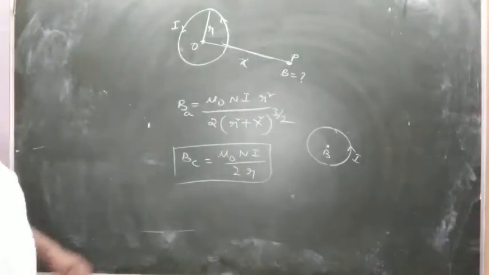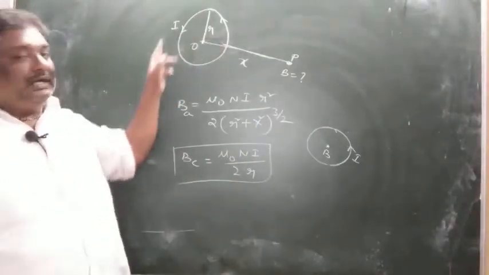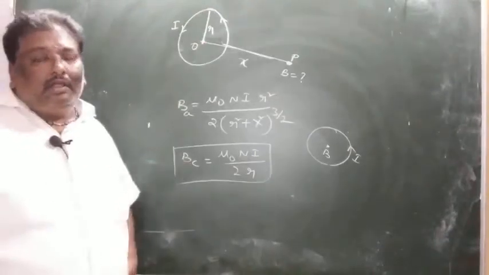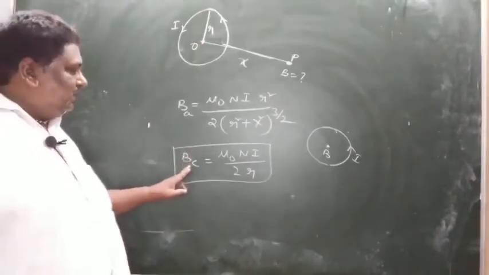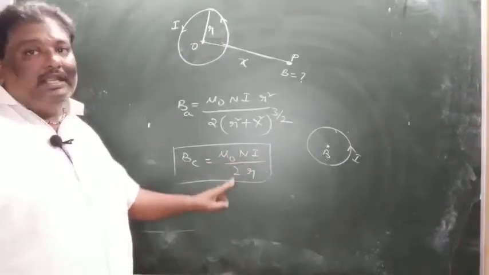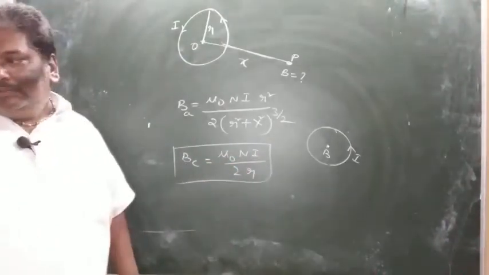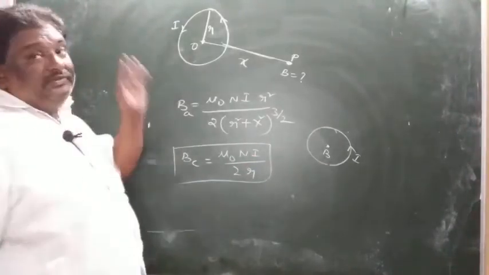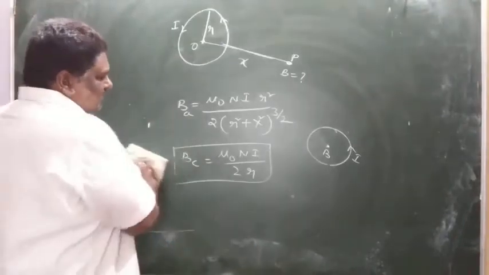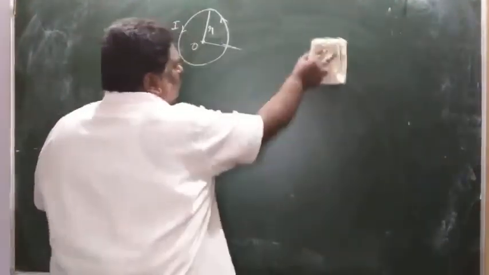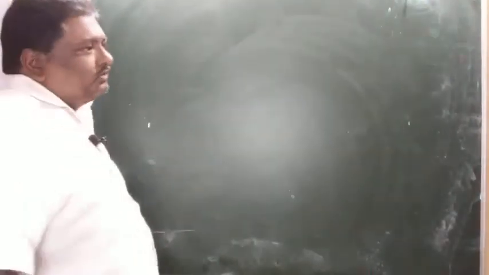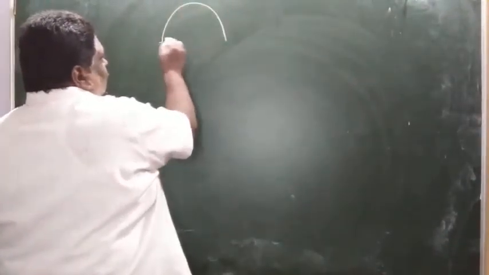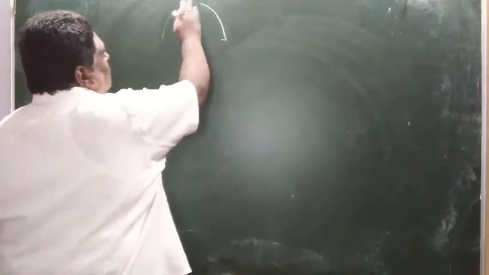So when current is passed through a circular conductor, the magnetic field generated at the center is equal to mu naught N i by 2r. Suppose it is a half circle or quarter circle, what happens? All these formulas we have to write in a separate book and practice them all. They are also present in our college material, so refer once. It is half of the circle, or some arc, simply an arc.